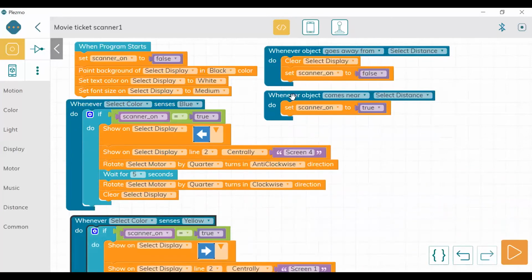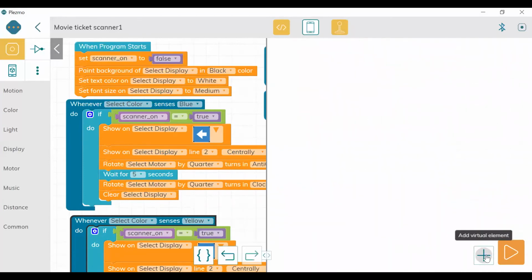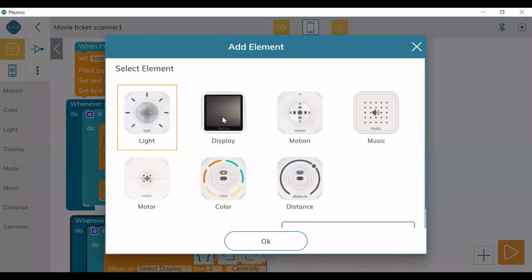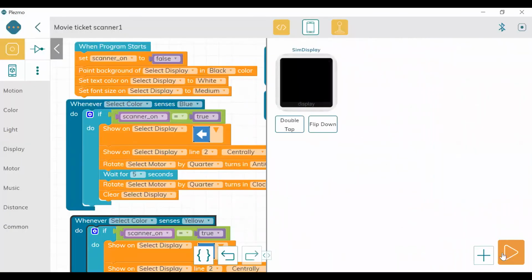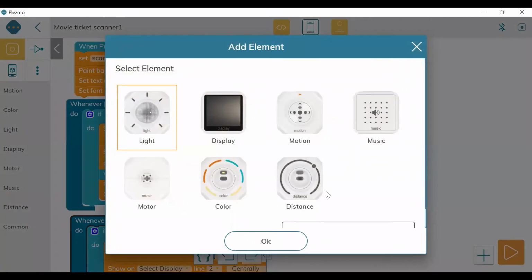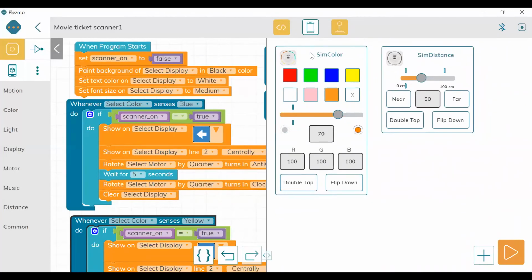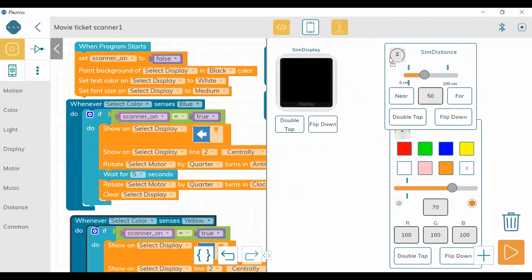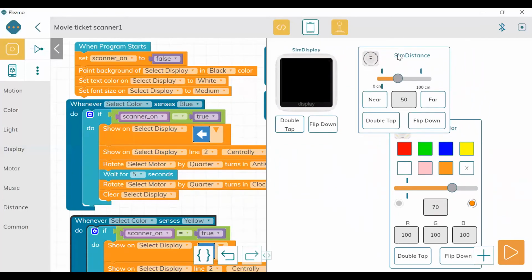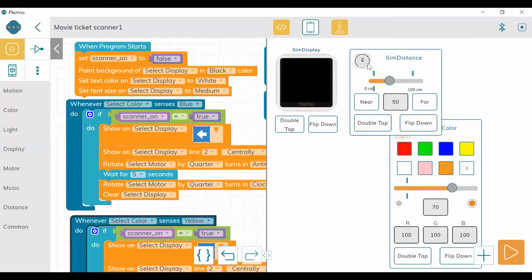Now we will go to the simulator and we are going to add the components. So which components are we going to use? Display. Okay. Then we are going to use color. Okay. We are going to use distance also. Okay. Let me drag because otherwise it will be very confusing to see everything. Here.